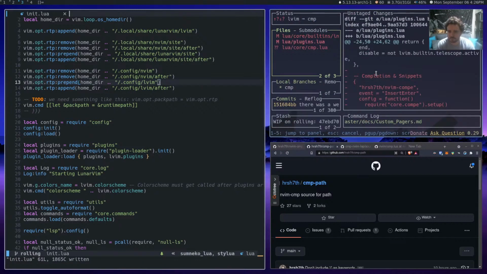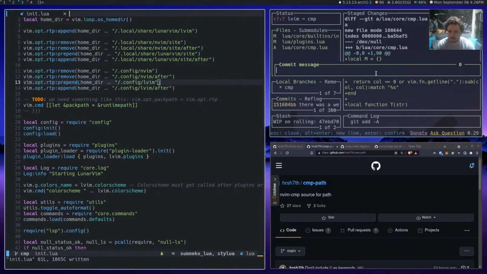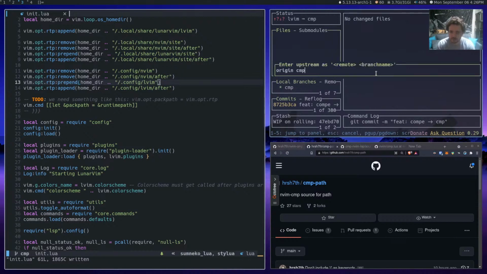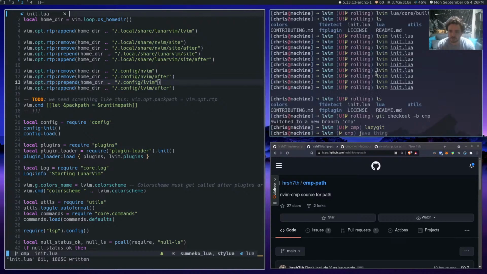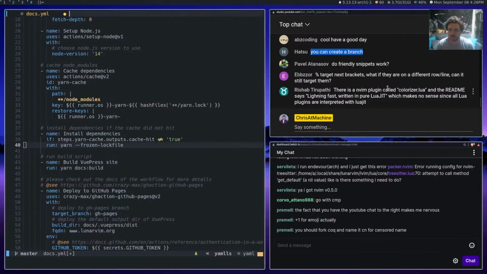Lazy git, commit message. We'll do feature. I'm just gonna do comp to CMP and origin CMP, and there you go. So now there's a branch up there for you guys to check out, see what I'm doing with it.